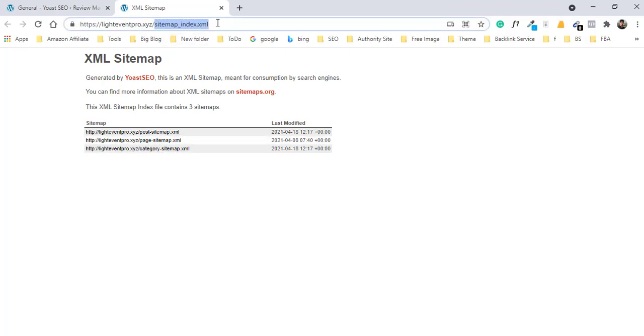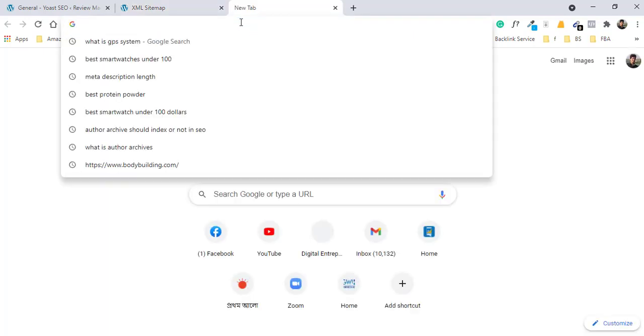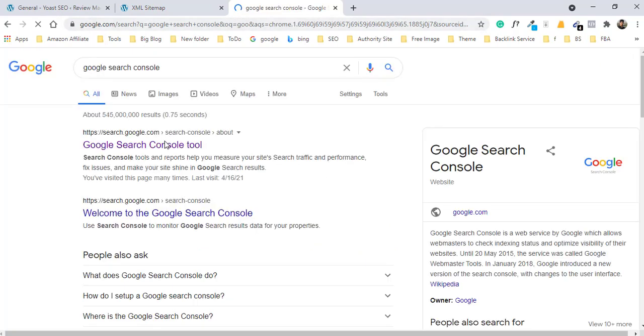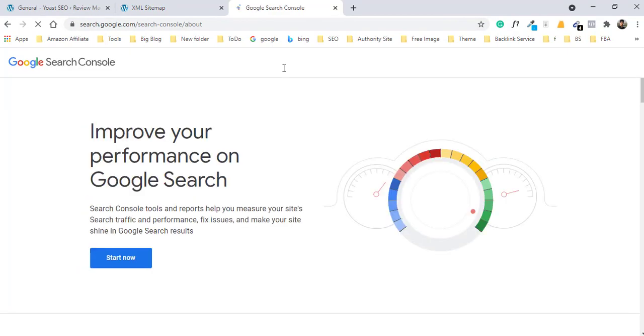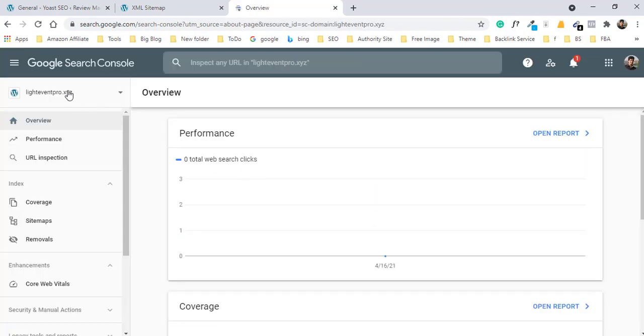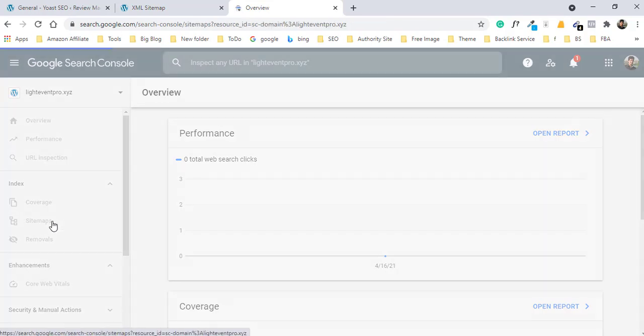So I copy the link and go to Google Search Console. Okay, here we see my domain name, and I click on sitemaps.